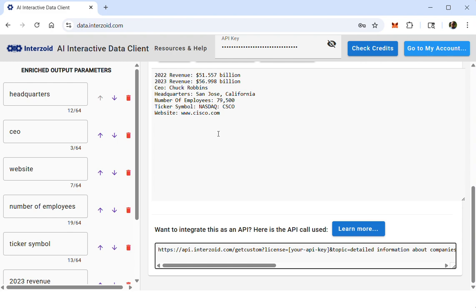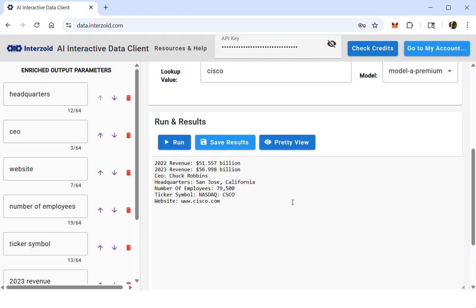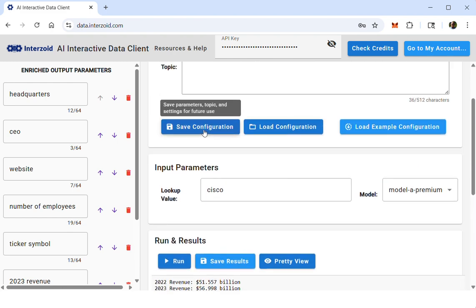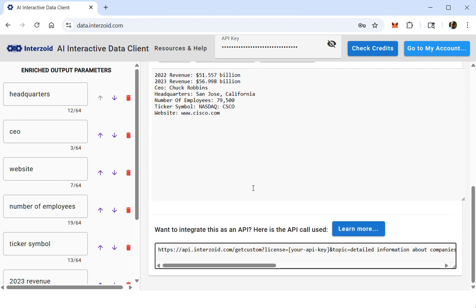You can change these parameters again to generate a new API call for whatever parameters are interesting and useful to you. So you're simply using this as an AI data retrieval playground that then generates your API that you can integrate anywhere, or you can actually save this configuration and run it in batch at our batch tool at batch.interzoid.com. But the point of this quick demo is just to show you how to generate an API call that you can then integrate anywhere and retrieve this kind of data in real time or whatever your